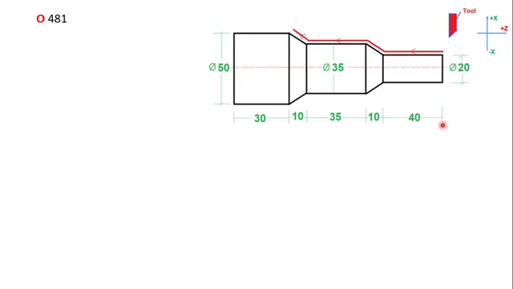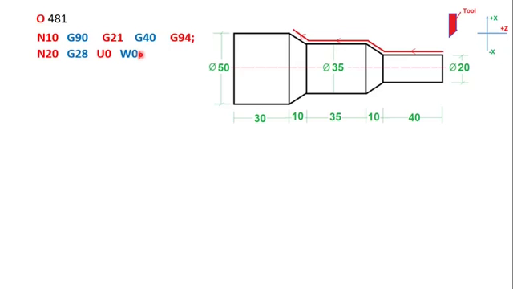So first you have to define the program number, that is 481, let's say. Then you have to define your regular G code things, that is G90, G21, G40, G94. G21 and G40 are nothing but metric presentation, and G40 is cutter compensation cancel, in case it was given by earlier programs.